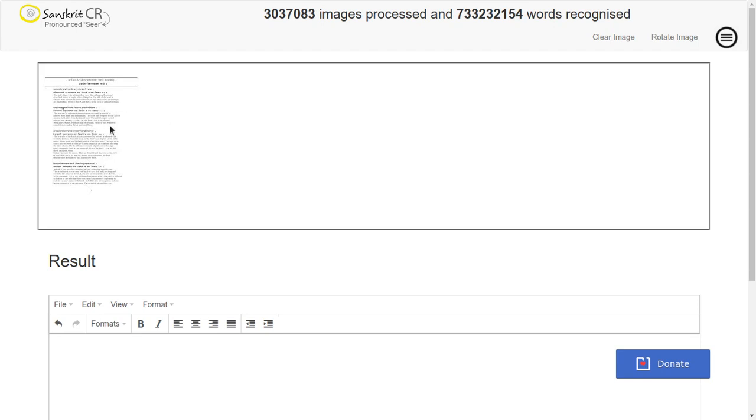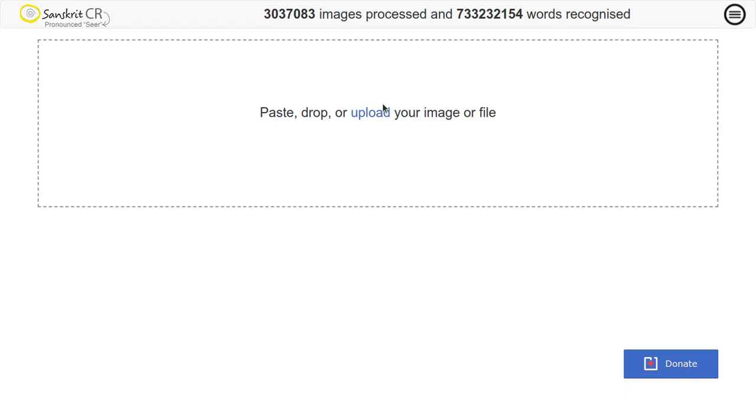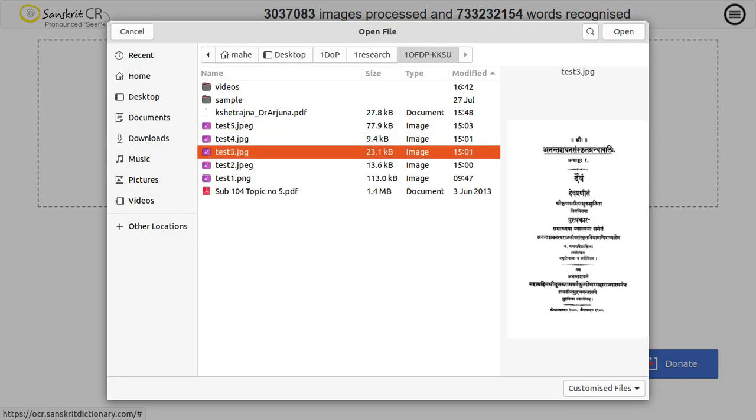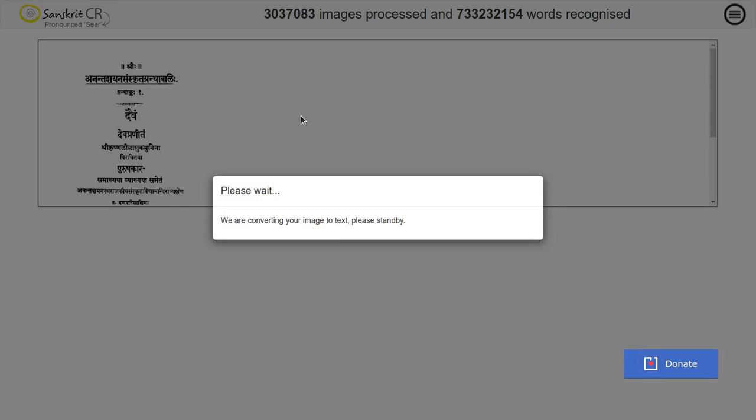This particular image was very blurry and very unclear for processing. So that's why it couldn't do that. Now if I give these kinds of images, let us see how it works.